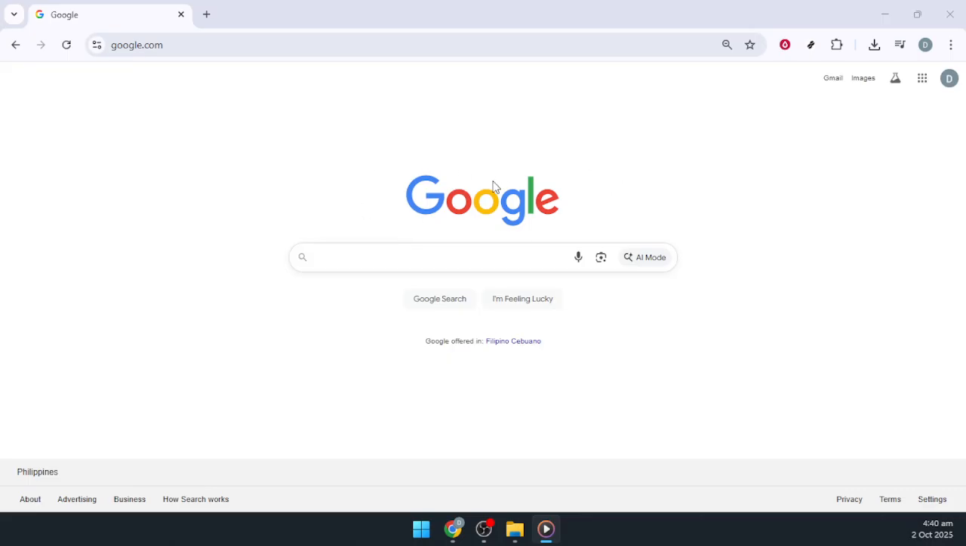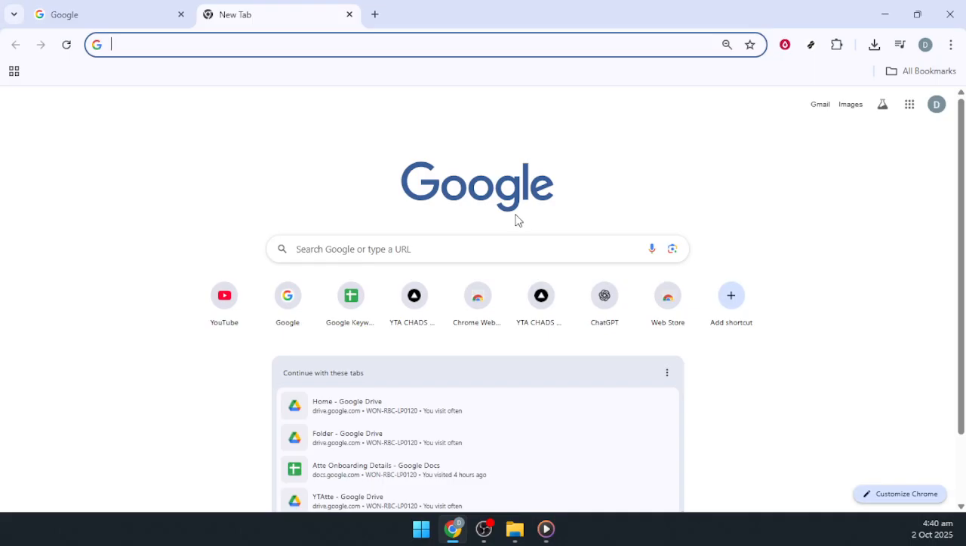Once you have Google Chrome open, the next step is to open a new tab. This might be something you're already quite familiar with, and it's typically done by simply clicking on the small plus sign next to your existing tabs at the top of the browser. A new tab is a great way to ensure you're starting with a clean slate, without any existing distractions from